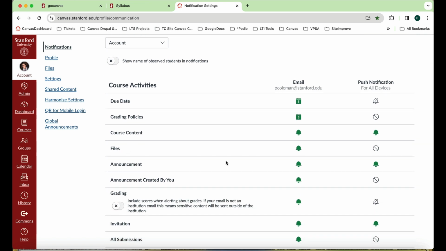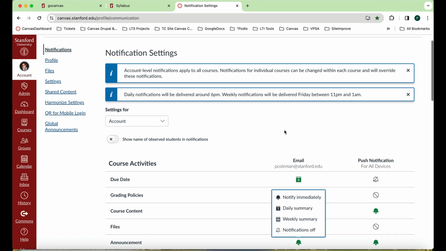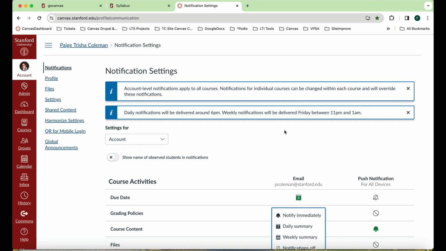For instance, announcements, I'm going to click on the bell, and these are the options available. You can remind students in class, but you could also put this in your syllabus as well, making them aware that you will be communicating with them through Canvas.